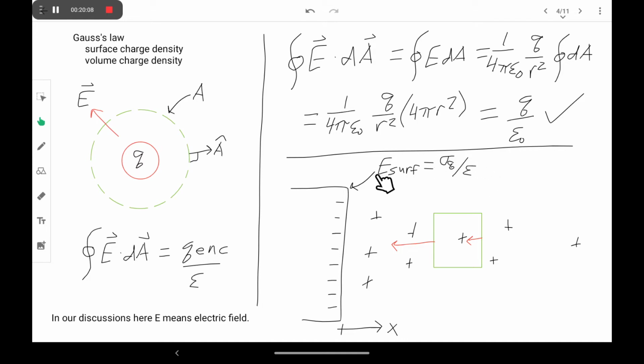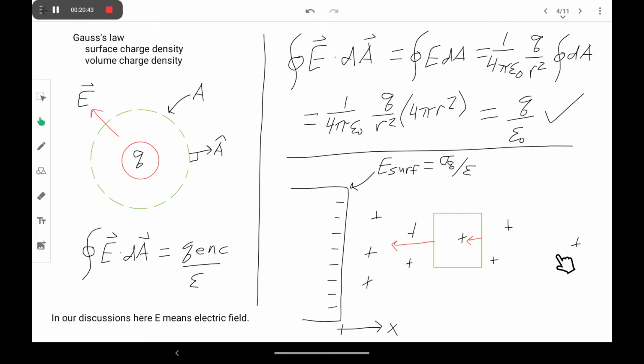So just remember that the electric field at the surface is sigma q over epsilon. Now the one we don't know is we want to know what the electric field is through a system out here where all these positive charges are floating around, diffusing around, but also pulled backwards by this attractive force. Okay, and there's going to be some charge density. Now this will be a volume charge density. So our goal is to apply Coulomb's law to this system to try and understand the electric field at a